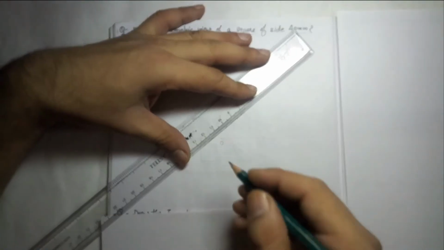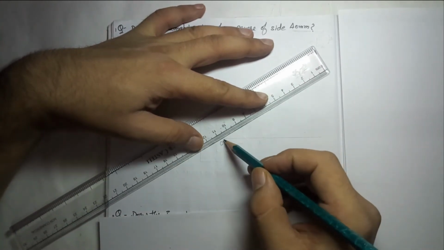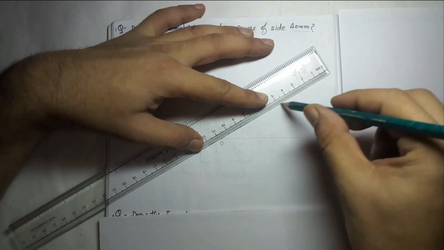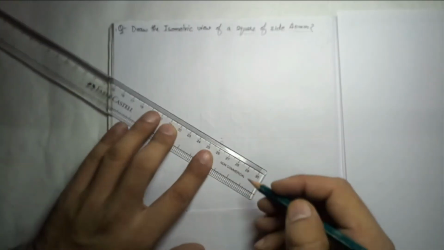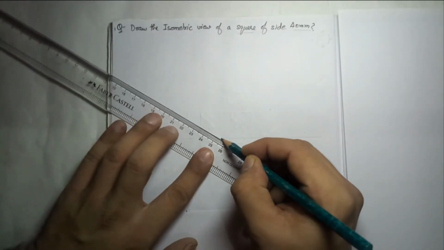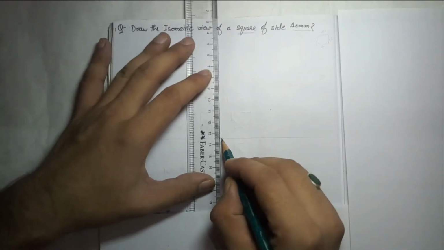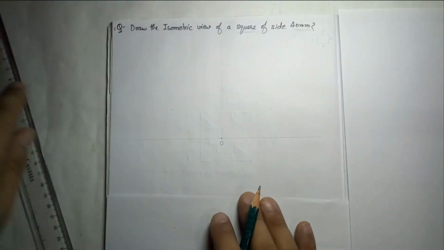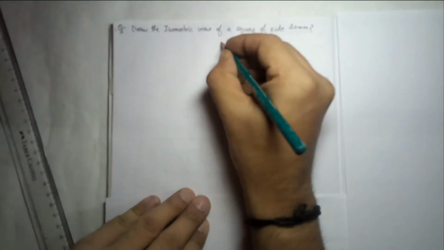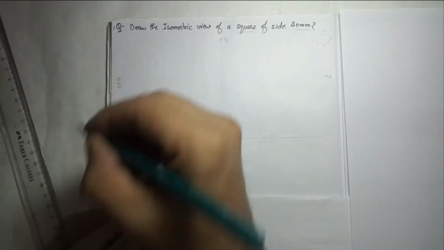Now you have to draw the axes very light, but we don't have to take any particular length for this. It can be any length. So I have drawn this OX very light, you can see. On this side it is OY, again a very light line, and in the upward direction this is OZ. Now we have drawn the three axes. We'll mark the names also. This is X, this is Z, and this is the Y axis.